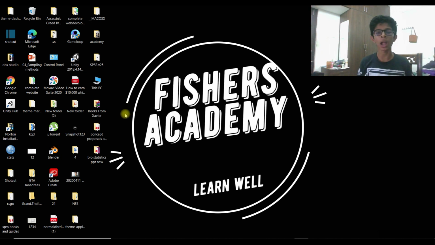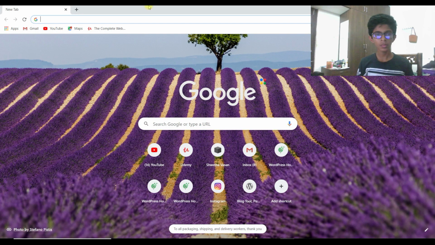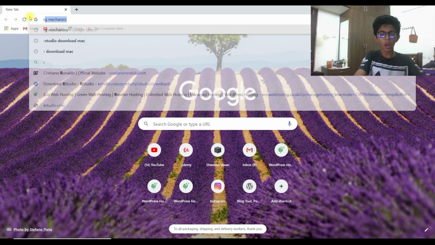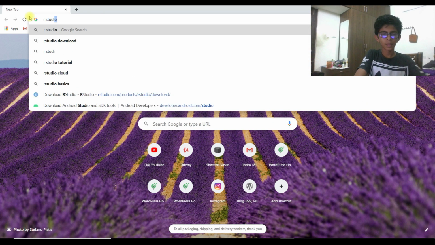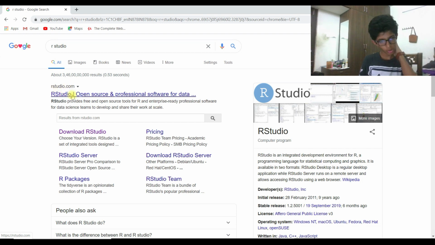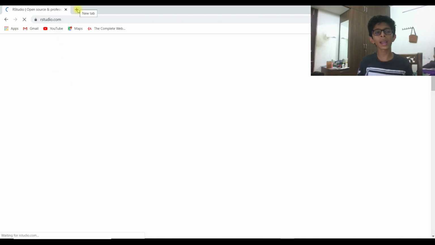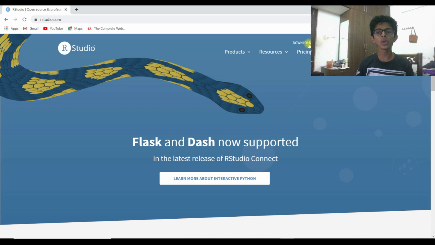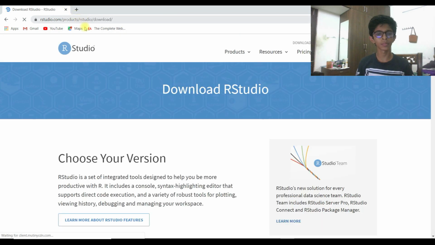Now let's start installing R and RStudio. First, go to the link for RStudio. Both Mac and Windows users don't need to worry, because both have the same website.